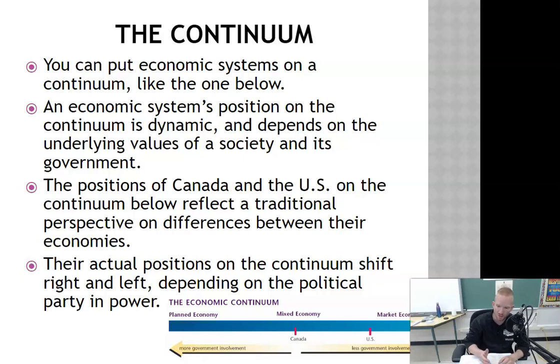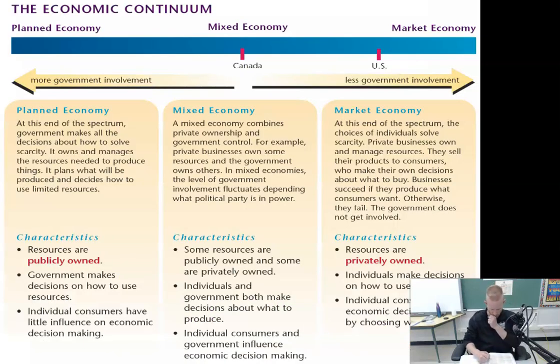Versus a shift left, if you're looking at the continuum, more towards what's called a planned economy, that means more government involvement. So for the assignment that we're going to get to today, all you're thinking about is: shift right means less government involvement. Shift left means more government involvement. So if the government is becoming more involved in any way, it's left towards a planned economy. If the government's giving up control to the people, it's less government involvement. So this is all on page 204.